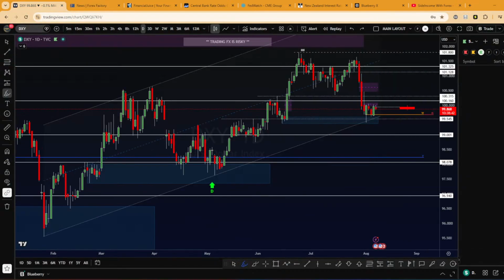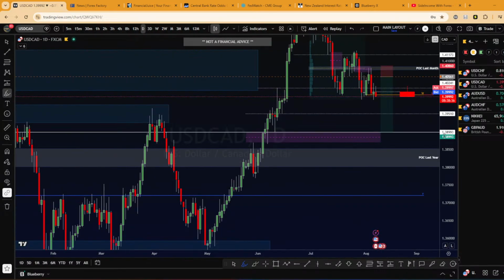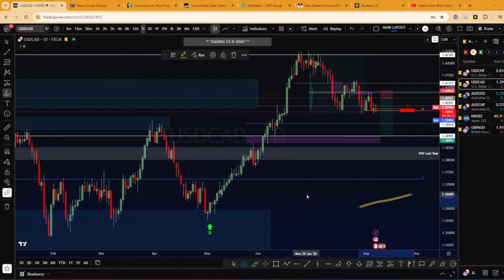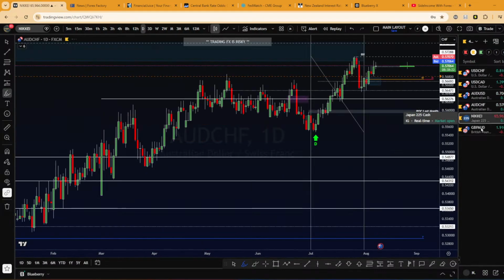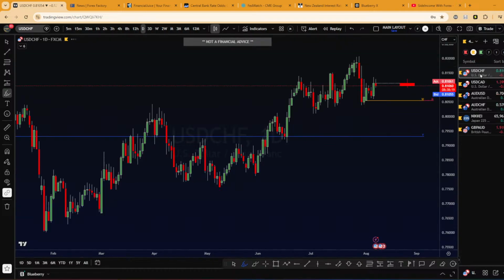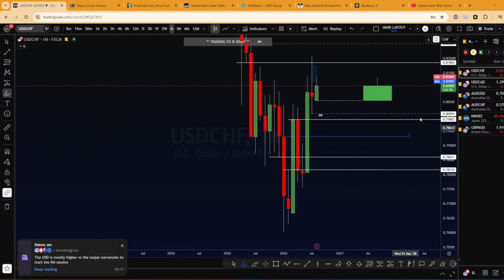For example, I think I have USD/CAD in my watch list. Yellow watch list is pretty much all the pairs I am watching this week, so the potential opportunities I will see. I talk about the US dollar, so I will be focused after the NFP news on USD/CHF. USD/CHF, simple, what I want to see.